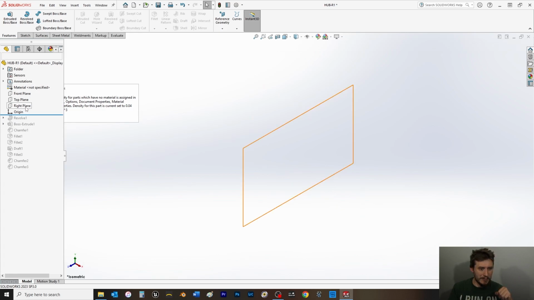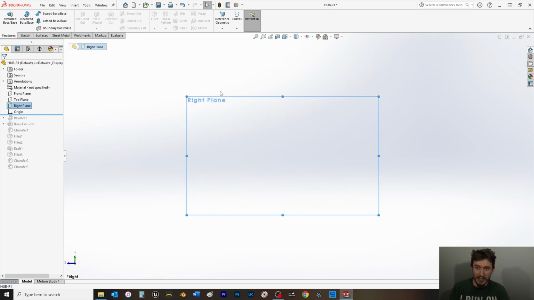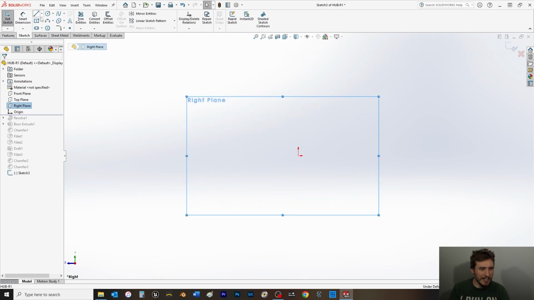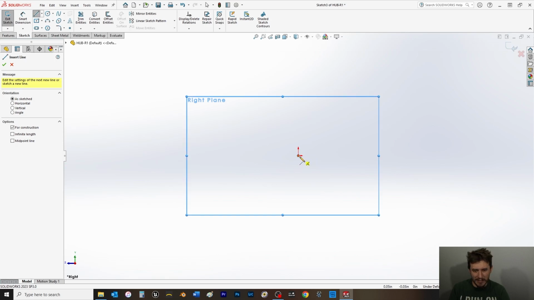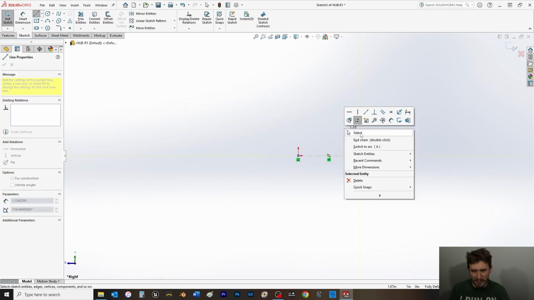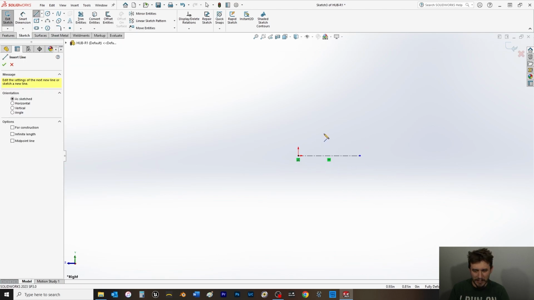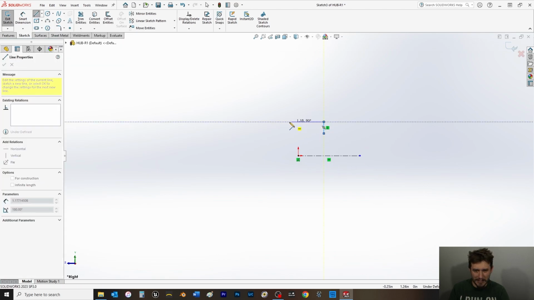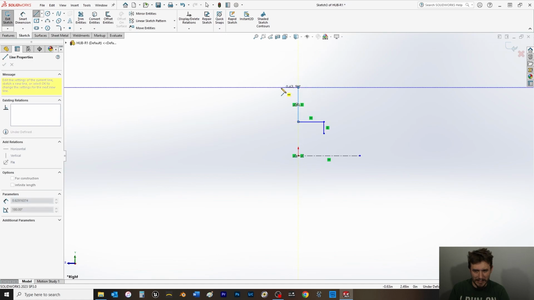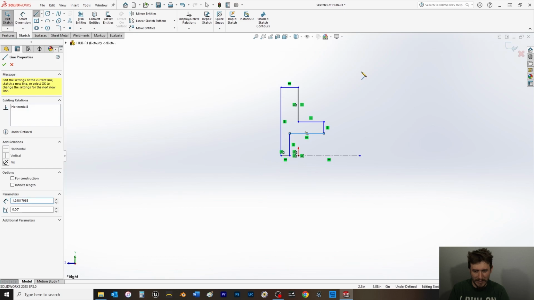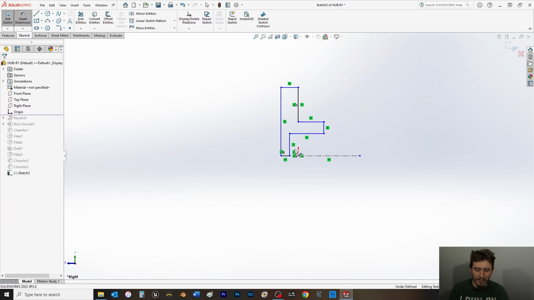Alright, so right plane, Control-8 to bring it normal to, start a sketch. See if I can make it a little less complicated this time than how I did it last time, kind of improve it. So we need to do something like this, this, and that, and that. There we go. So if I recall,